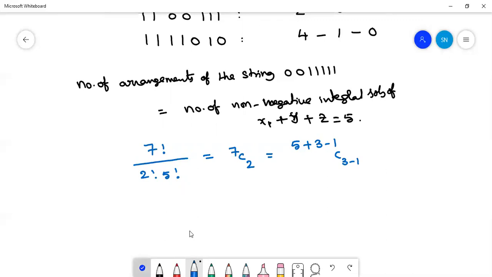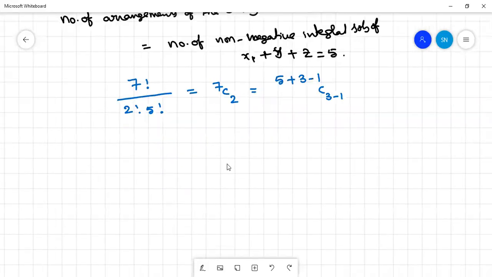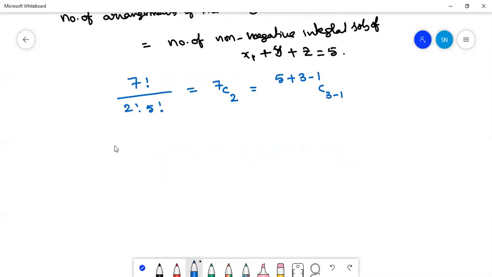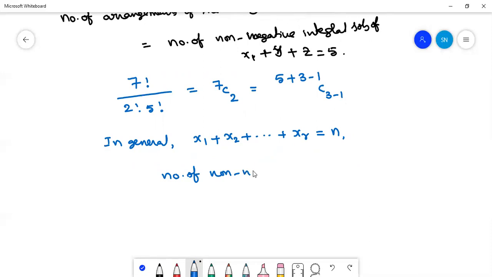Similarly, in general, we can observe that if you apply the same logic on r parameters whose sum is n, then the number of non-negative integral solutions